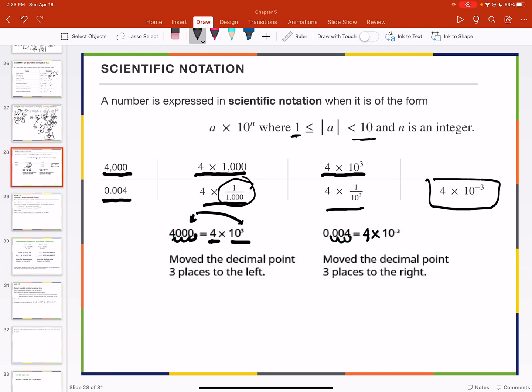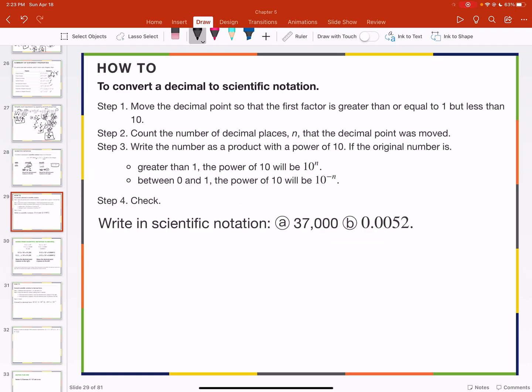Not 10. I moved it 3 times, so I'm saying I moved it to the right, so that's 10 to the negative 3 power. In other words, if it's a decimal, there should be a negative in the exponent. So if you want to convert from decimal to scientific notation,